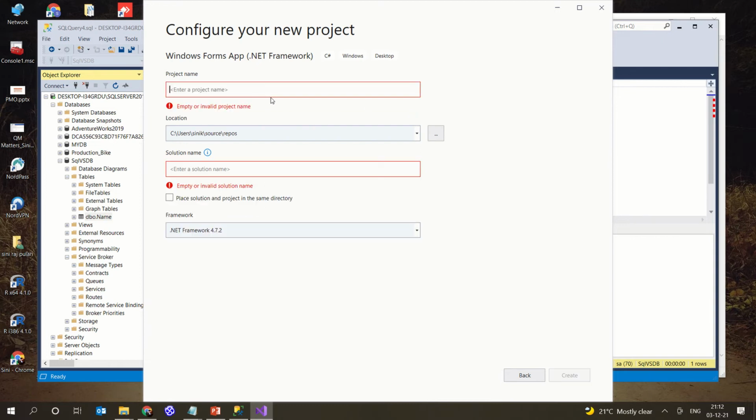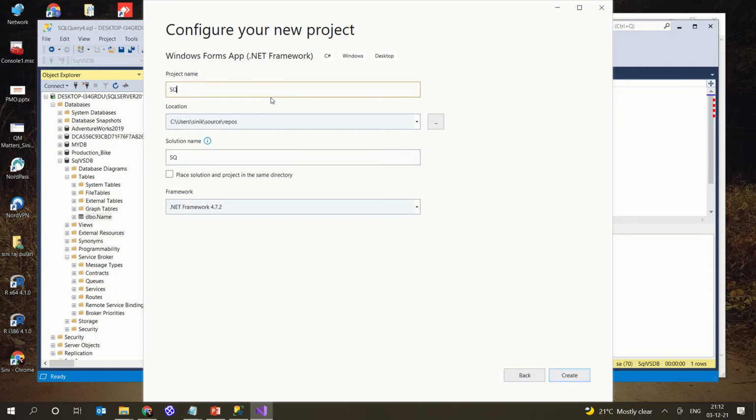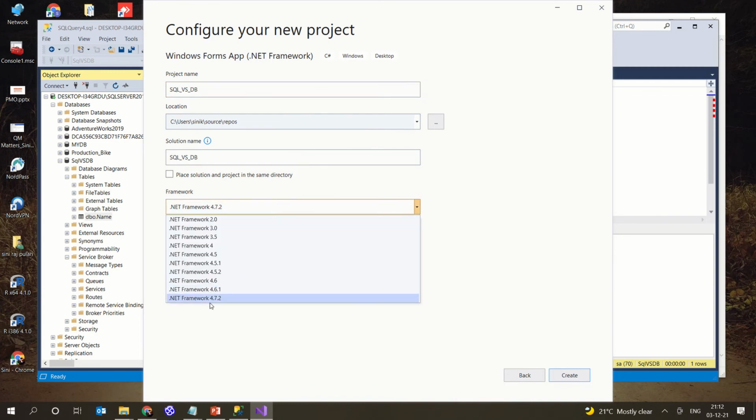So I'm going to give a name for it, say SQL VS DB. This is the name that I'm going to choose, and make sure that you choose the highest framework, 4.2, then Create.